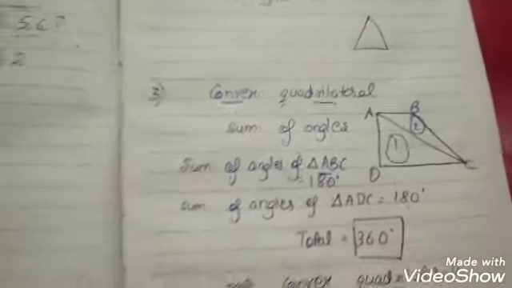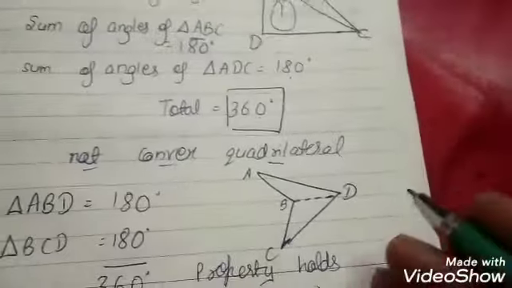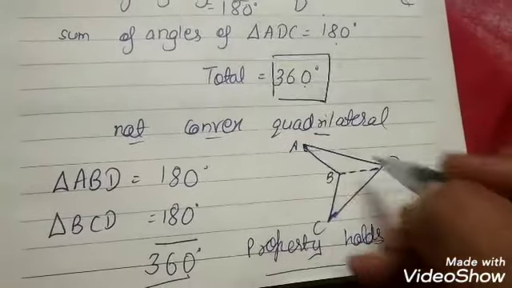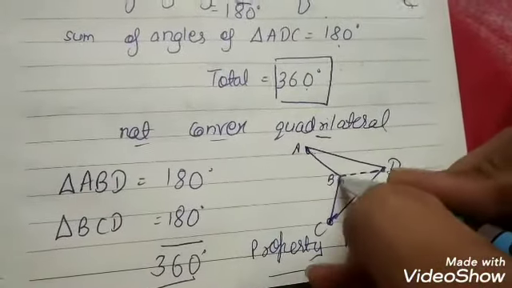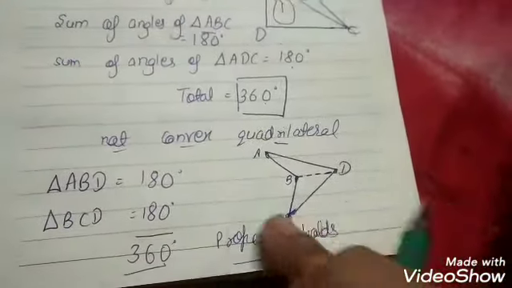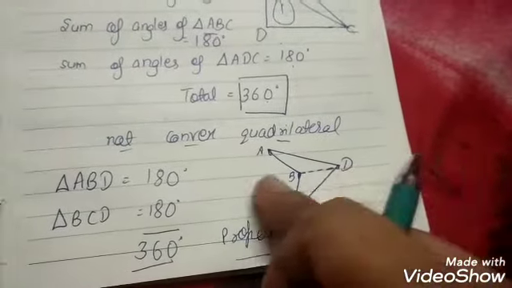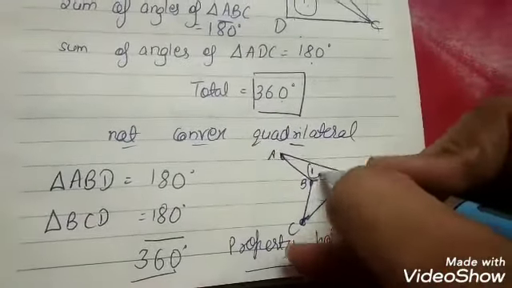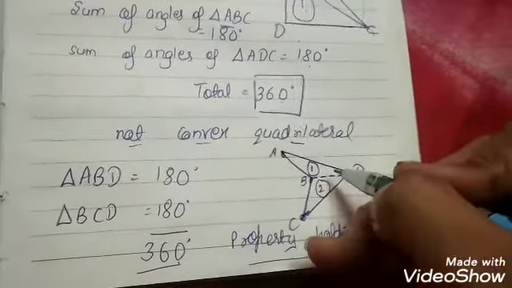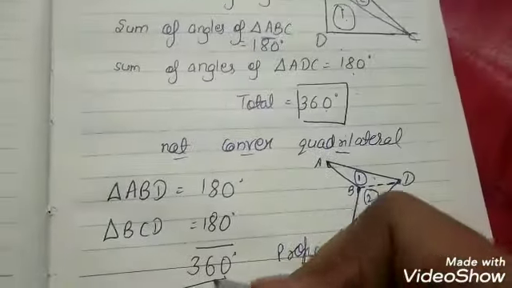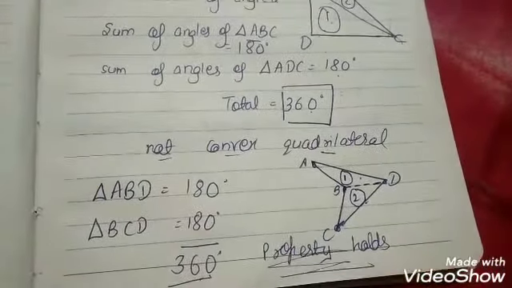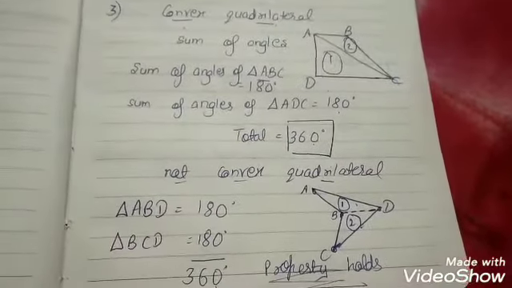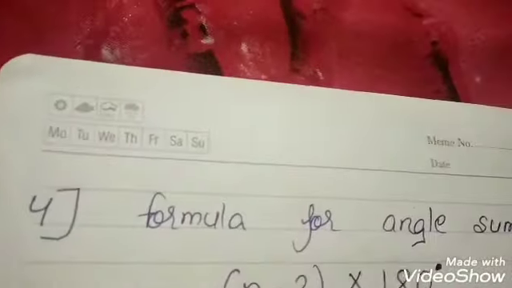So let me draw a figure which is not convex. See, I have made a figure. This is also a quadrilateral. Why a quadrilateral? Because it has 4 sides. 1, 2, 3, 4. But you can see I can also divide this into 2 triangles. The same thing applies here. This triangle's sum is 180. This is also 180. So 180 plus 180 would be 360. So here also the property holds. Okay. Please watch the video very carefully. These are very, very important topics.